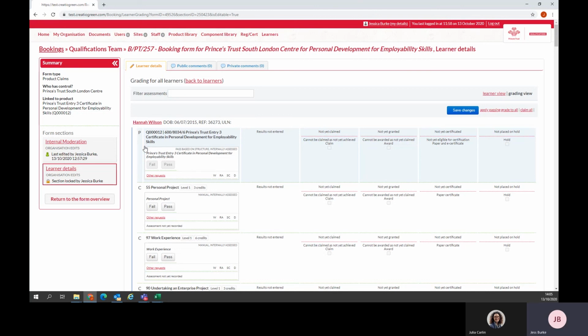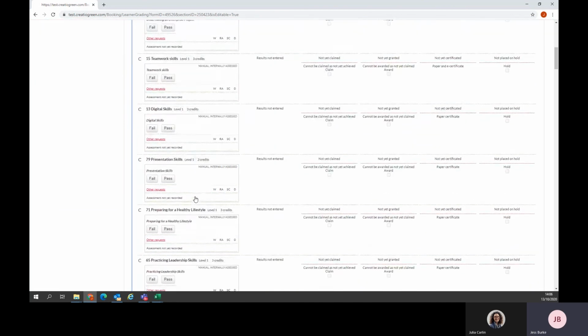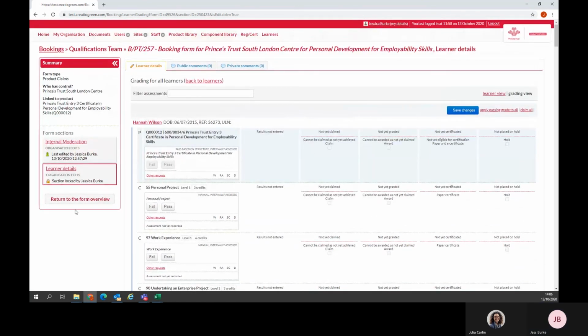So you can always see if a certificate has been claimed or not, and you will always be able to find out why. So to submit your qualification claims to the qualifications team, you need to click